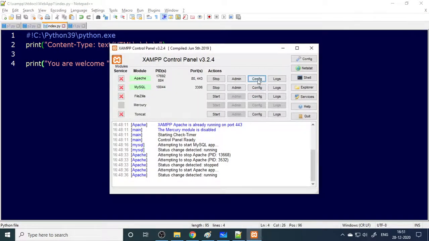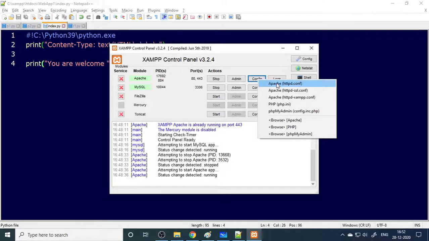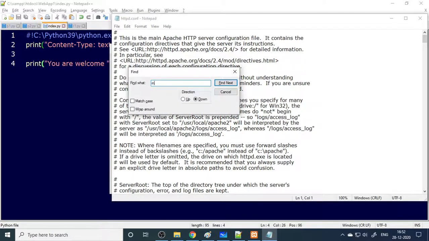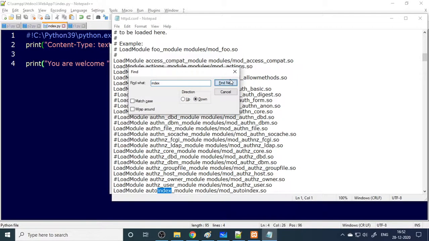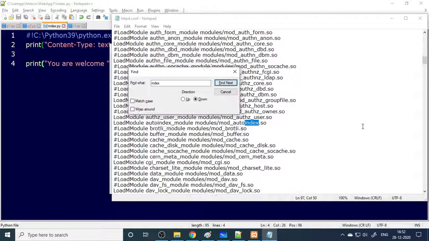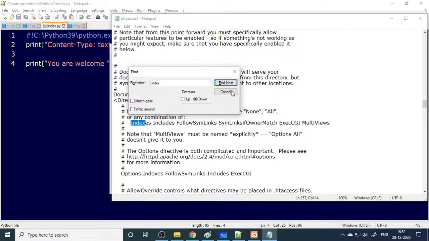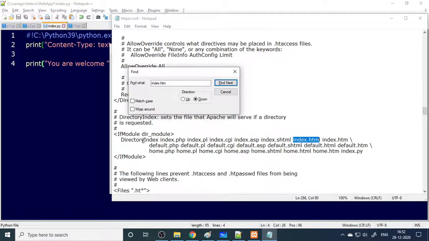In this there is one more configuration. Click on this config, go to this, and you can search for index. Okay, so search for index.html. Here you can see if module, dir module, and then if module.